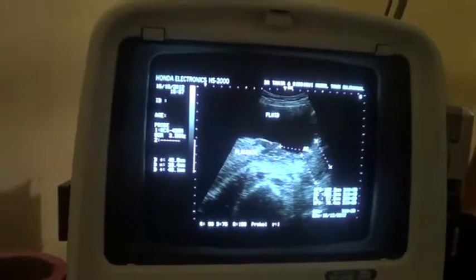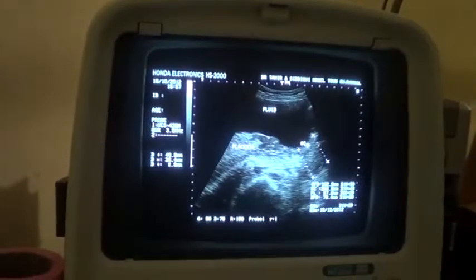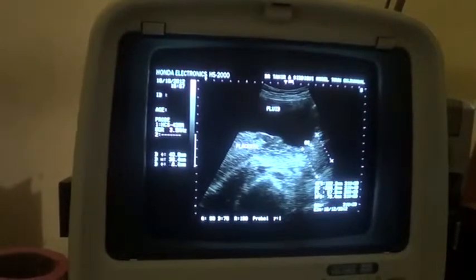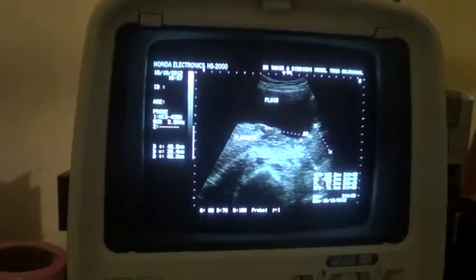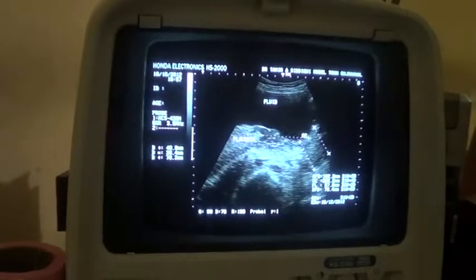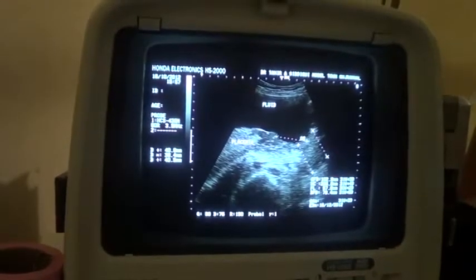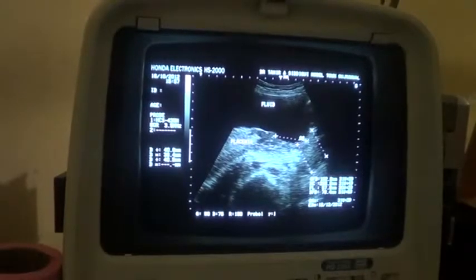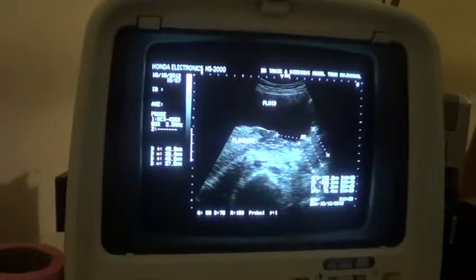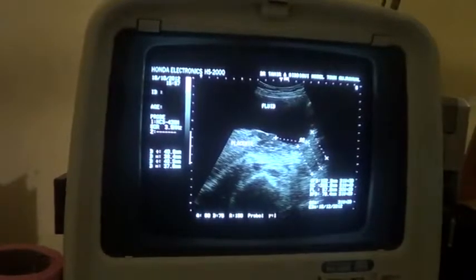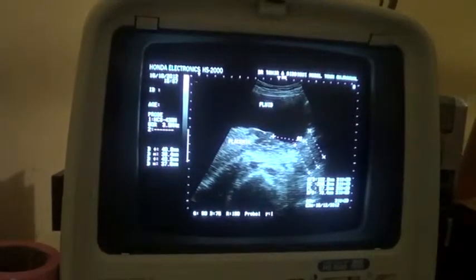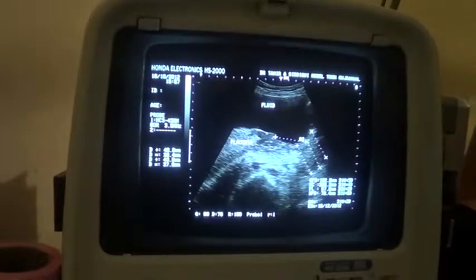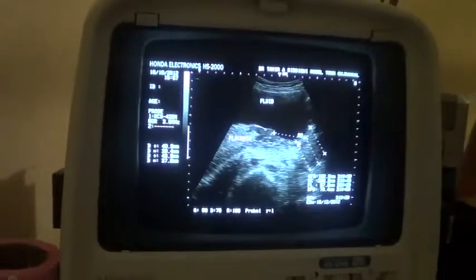The distance between the internal os, this region, this being the cervix, and this being the lower end of the placenta, is approximately 40 millimeters, and the length of the cervix is 37.6 millimeters and is within normal dimensions. The minimum acceptable cervix length is